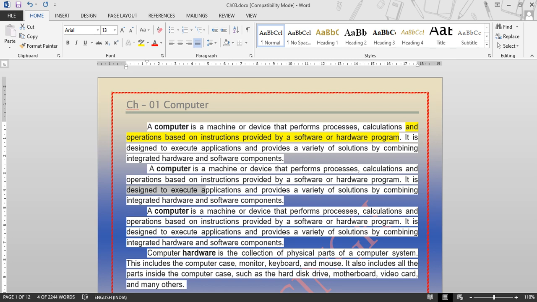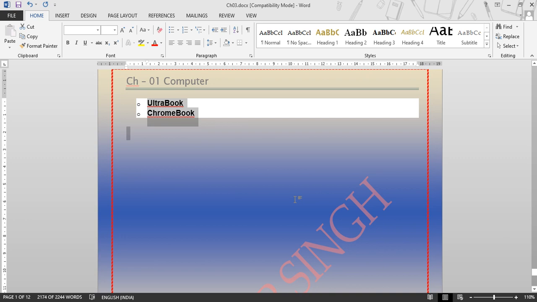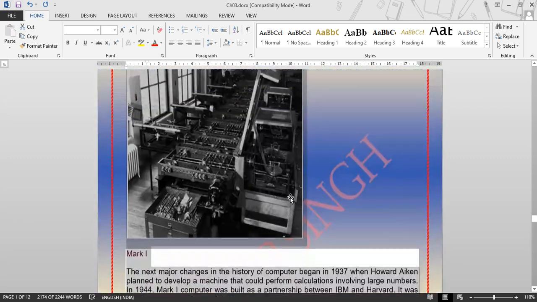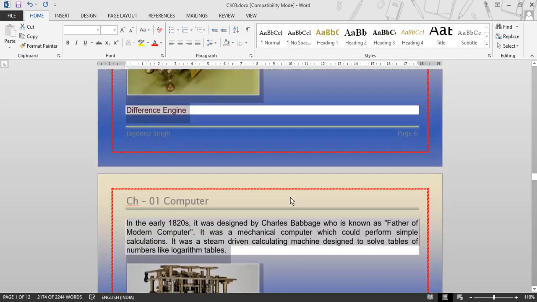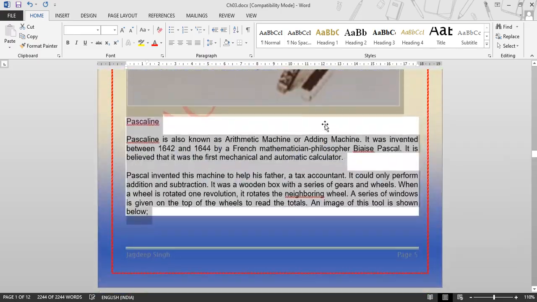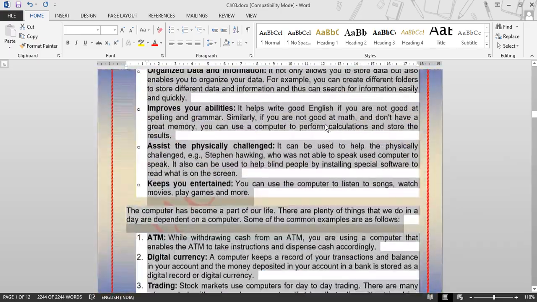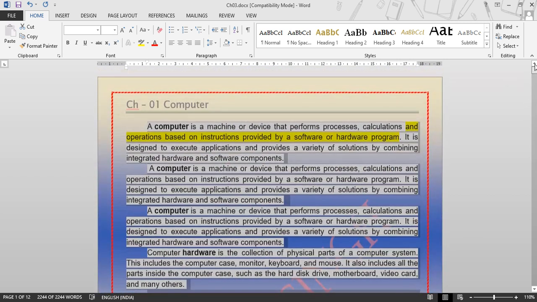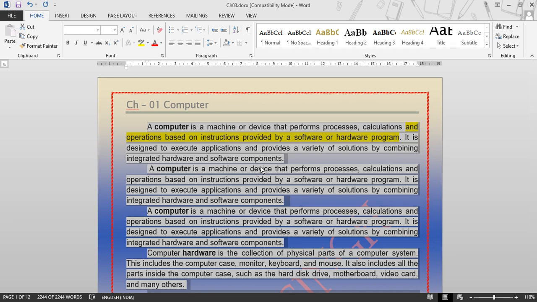Similarly, you can select in the current document: shift, control and end to select all the content from your cursor position till the end of your document. Control A to select the entire document. So here the whole document is selected by using Control A.